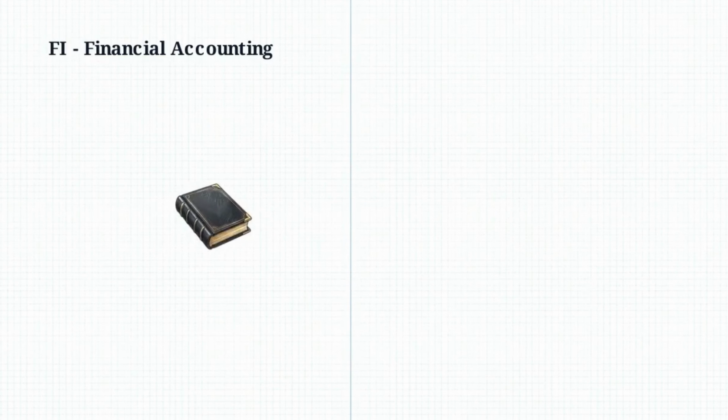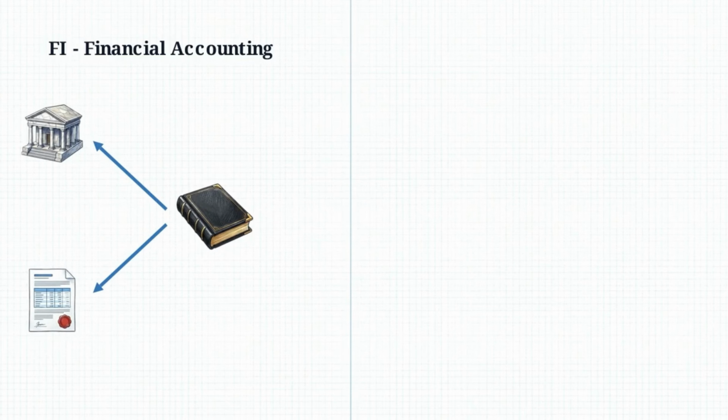This diagram outlines the two halves of the FICO module. On the left is FI, or financial accounting. This half handles all external reporting. It generates the formal balance sheets and profit and loss statements that are required by external auditors, banks, and tax